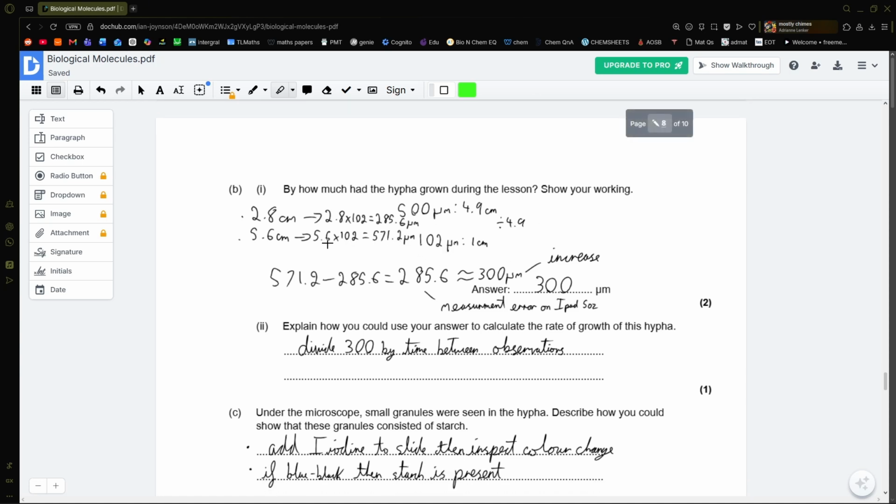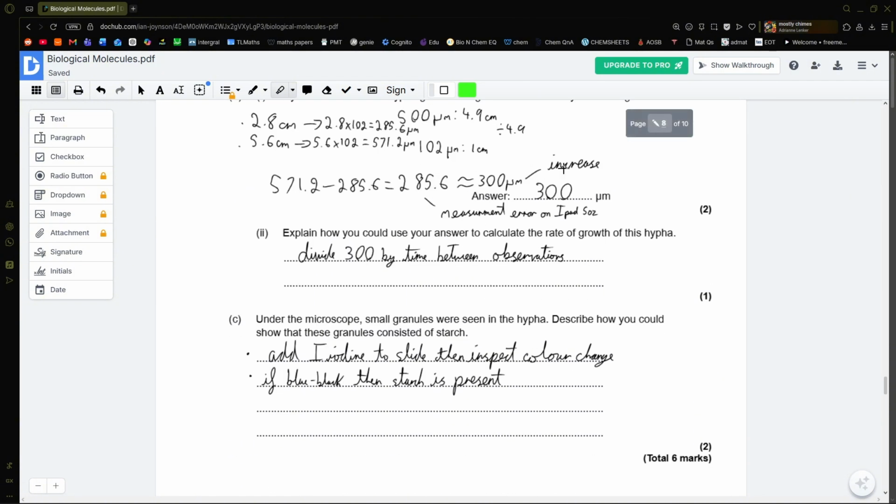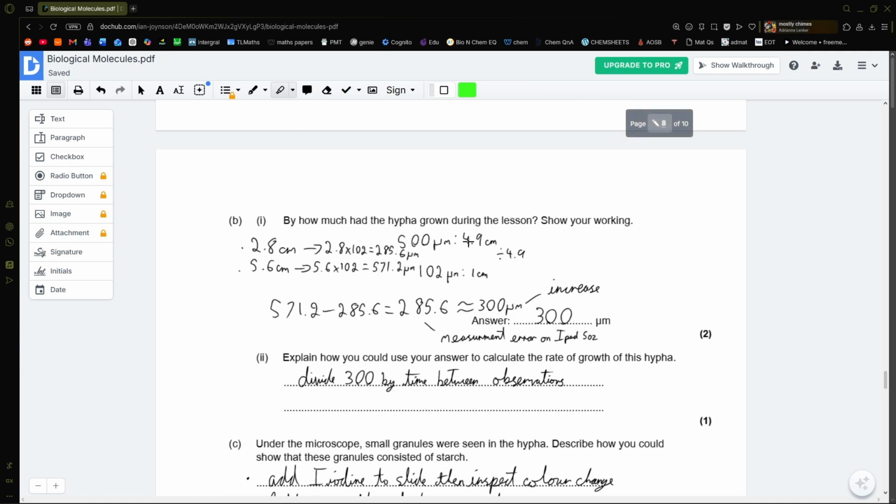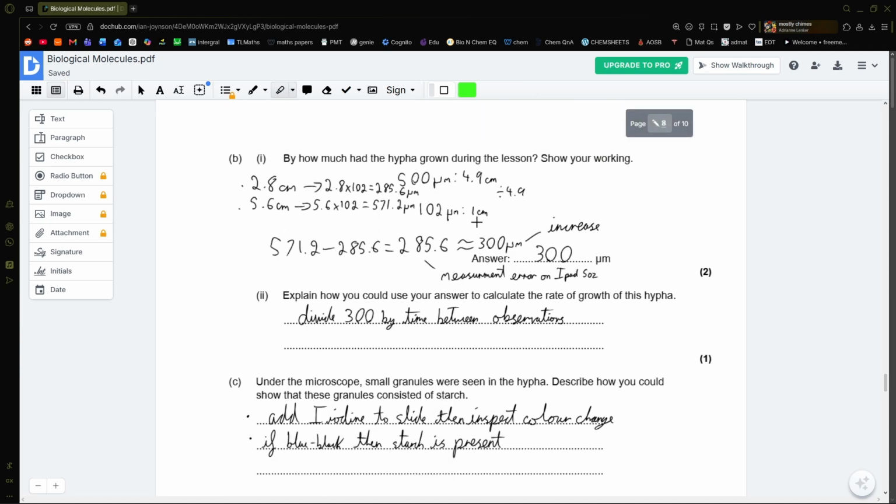Then we work out the difference, so how much it's grown: we take the final value and the starting value, take it away, and we get 285.6, which is approximately 300. I think if you showed that you measured 4.9, like how I did, you should get all the marks